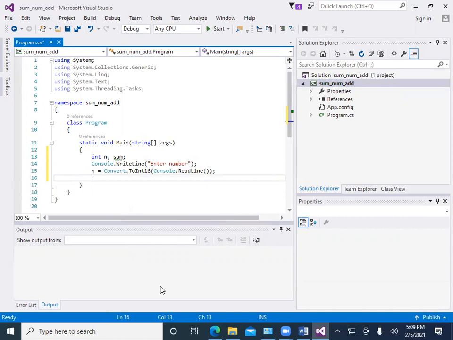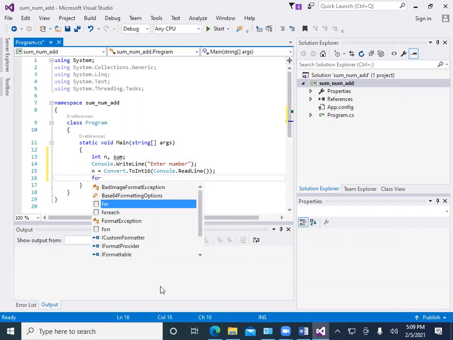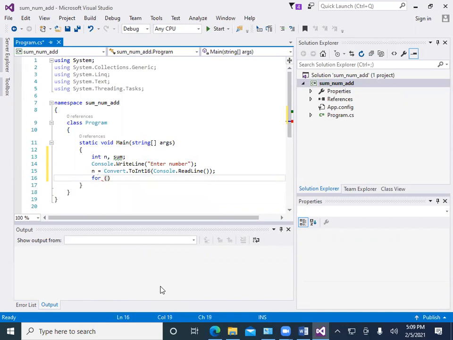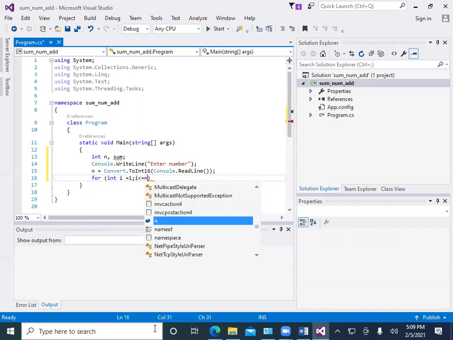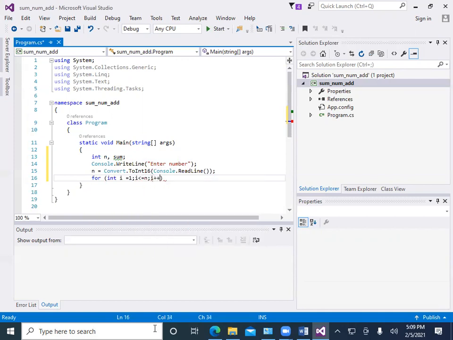After that we use the for loop. So for, here we use the integer variable i. We start to do the addition from number 1. So i is equal to 1, i less than or equal to n, and then we do i plus plus.